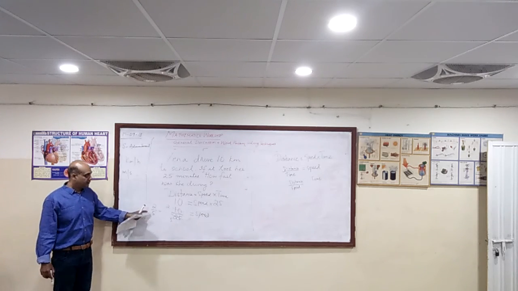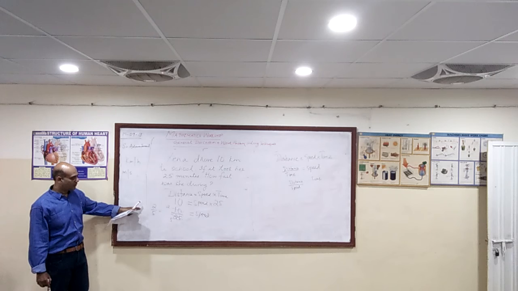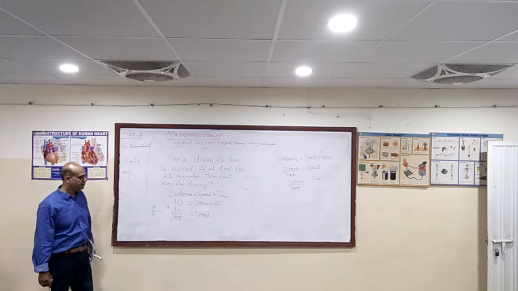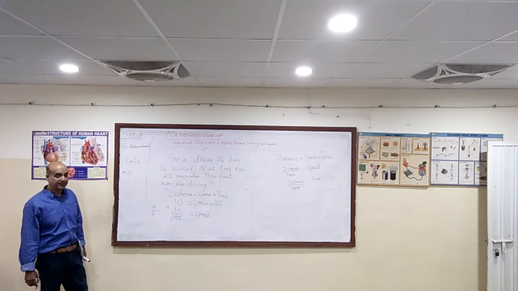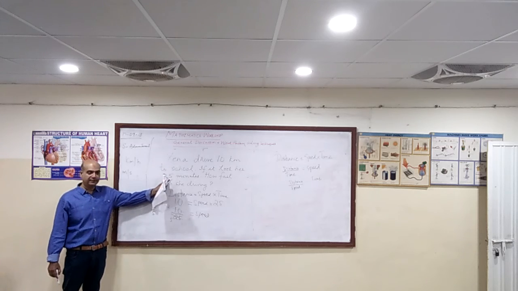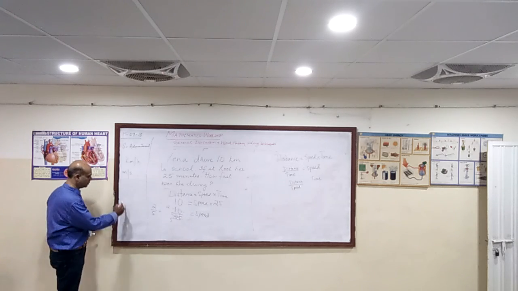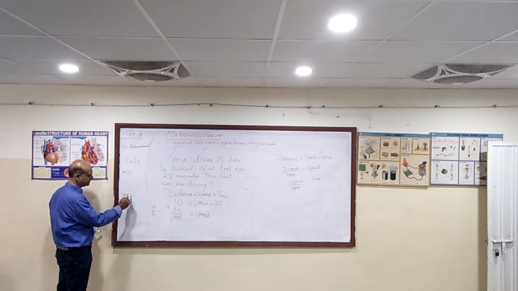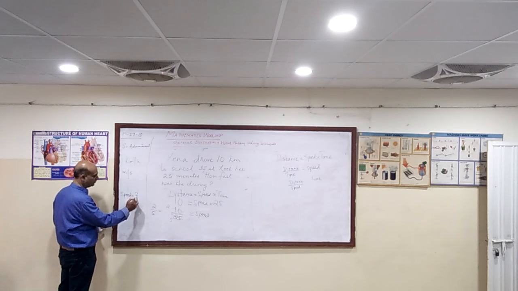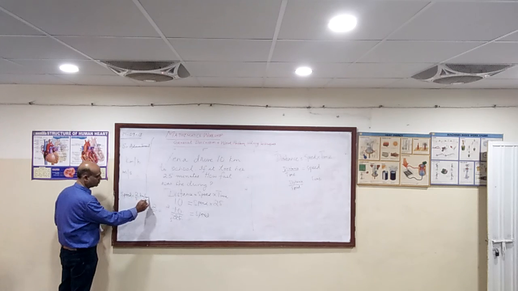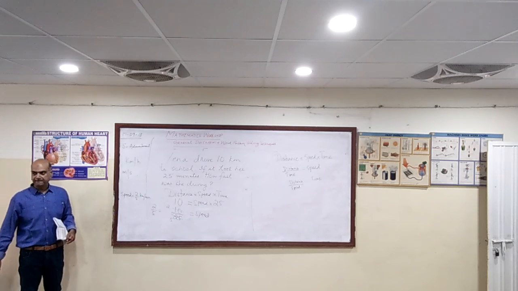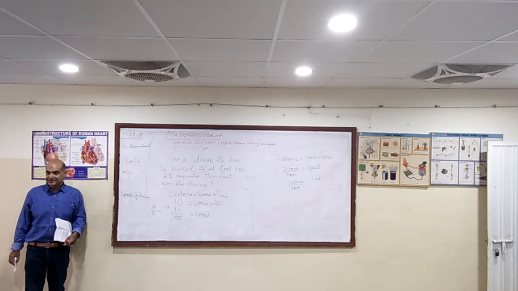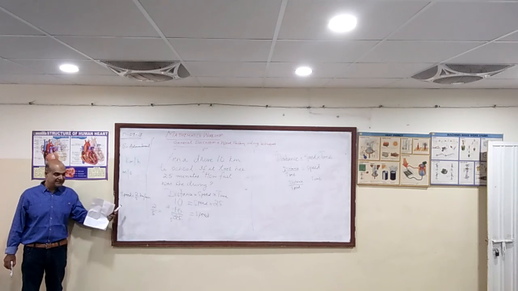So here, what was basically the distance? Distance was given to you in kilometers and the time was given to you in minutes. So this speed is basically 2 upon 5 kilometers per second. In maths, it is not acceptable because they